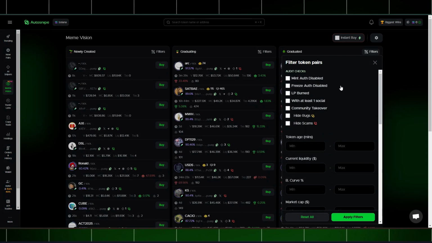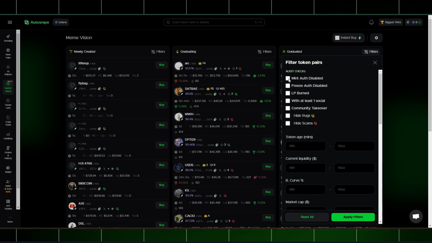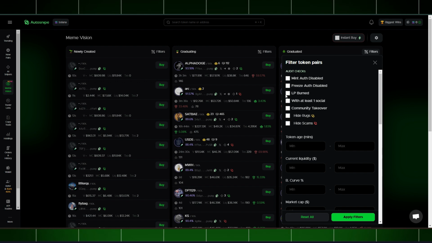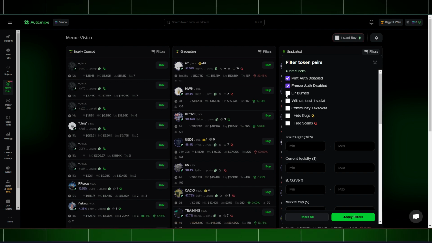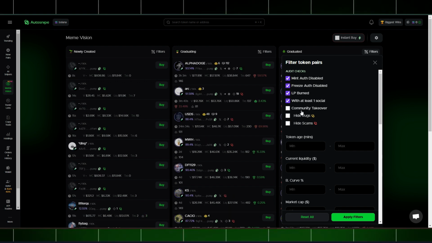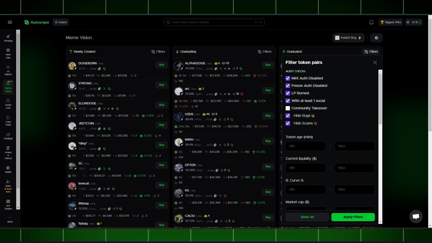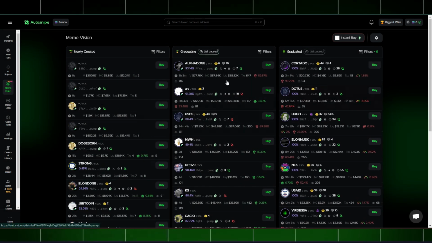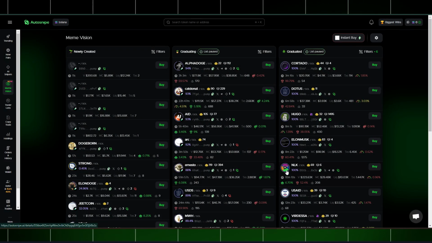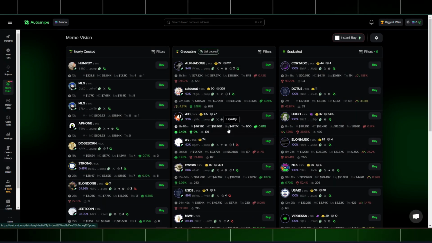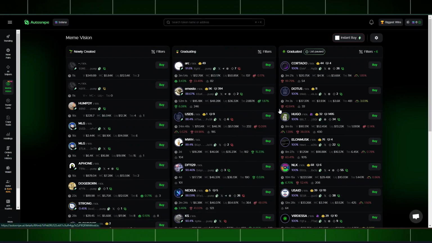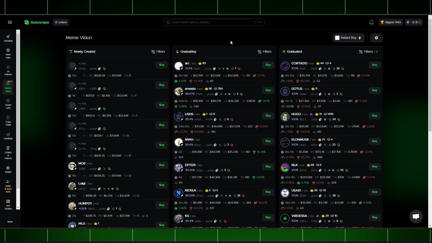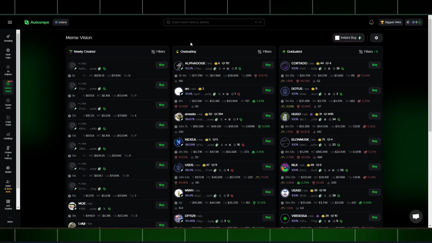For example, you can do some additional filtering. All those features are very cool to have. For example, you can show people with at least one social, you can hide dragging and you can hide scams, and right away all those will be presented to you the way you see it. Those are things you can use to dig deeper inside those coins and decide if that's something you want to pursue, making sure you do all the research